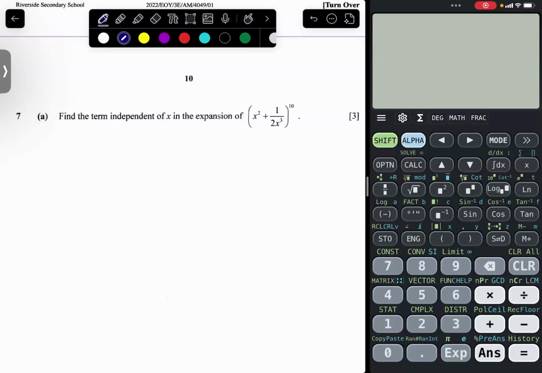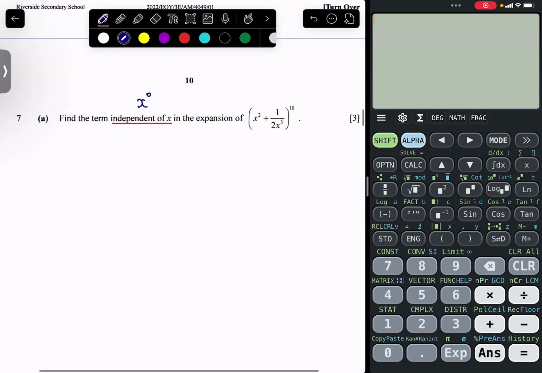Okay, question 7a. Find the term independent of x. When we want independent of x, that means that we are getting x to the power of 0 in the expansion of (x squared plus 1 over 2x cubed) to the power of 10. We can do it in a few ways, but the logic here is